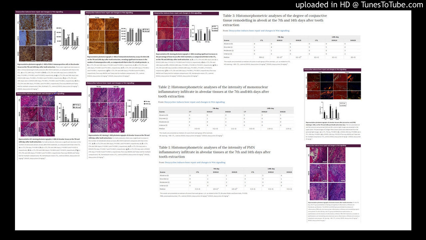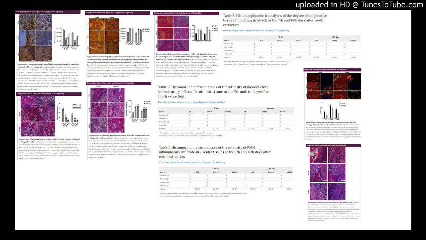We have previously demonstrated that DOX presents potent anti-inflammatory and antioxidant effects. These properties are associated with inhibition of iNOS and TNF-alpha and are probably related to DOX's actions on alveolar tissue inflammatory infiltrates, as shown in the present work. At the lower dose, the DOX group, compared with the CTL group, exhibited significant increases in collagen fibers on the 7th and 14th days after tooth extraction, thus indicating better organization and bone neoformation, as evaluated by PSR staining.